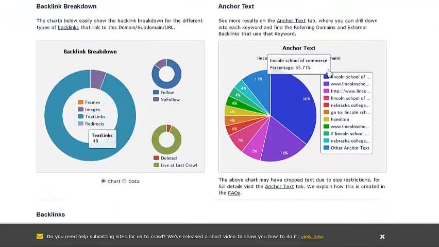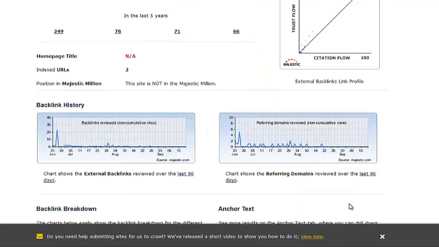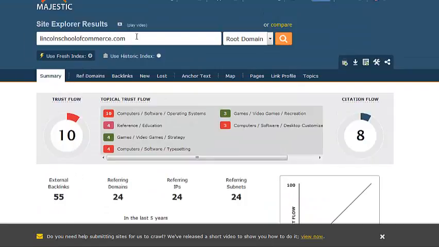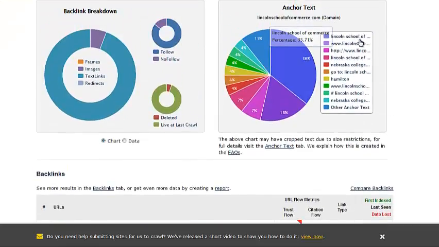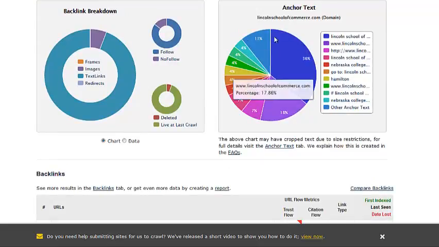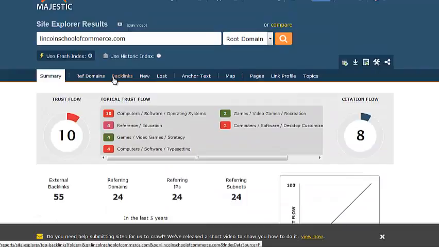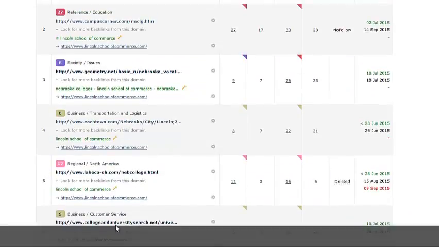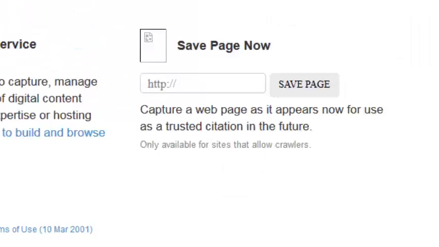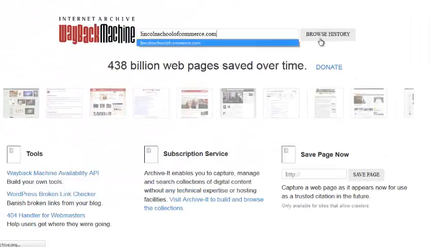But when you actually look at it through Majestic SEO, you can't really notice these until you go over to archive.org. Let me just give you a quick example while we're on here. So you can see all of these anchor texts here. Okay, they look pretty cool. The diversity is there. When you have a look at the backlinks as well, guys, you can see that from there as well. But when you go over to somewhere like archive.org, and then you add this URL in there,